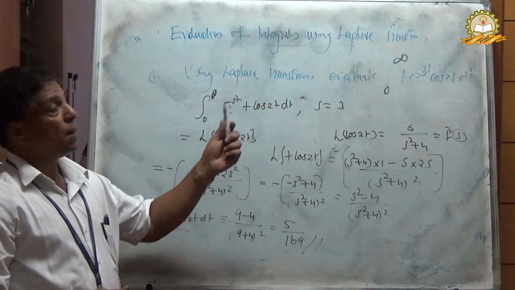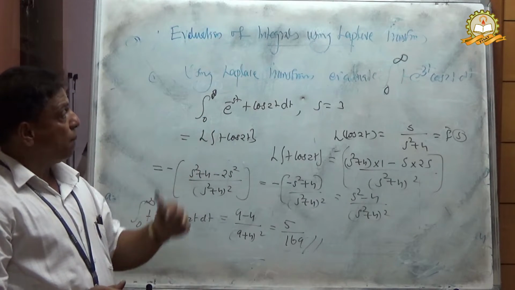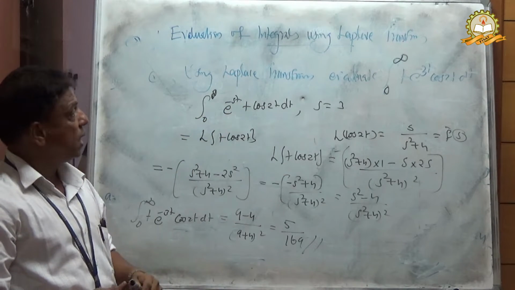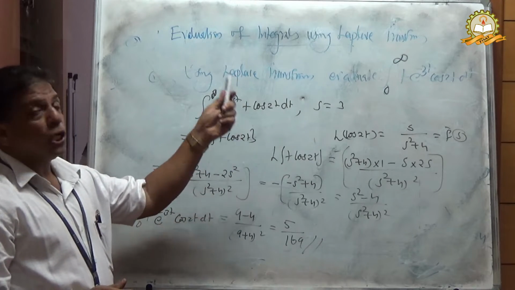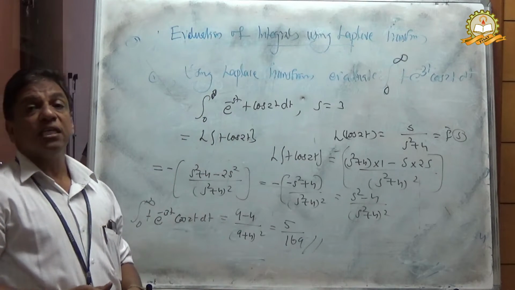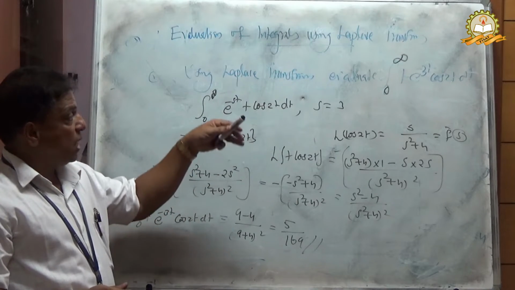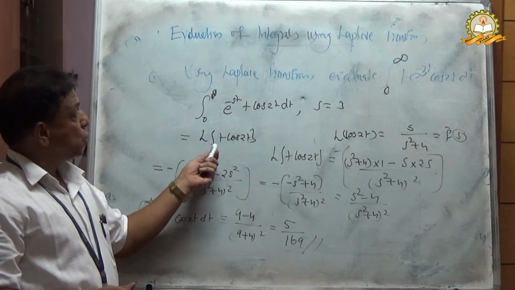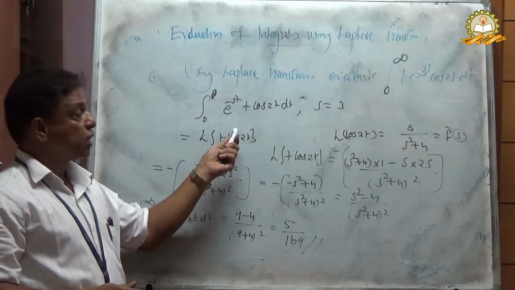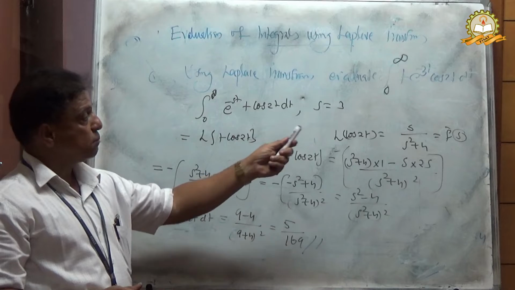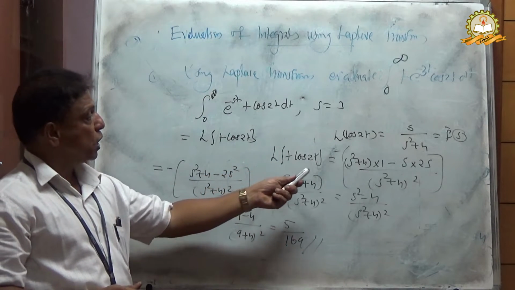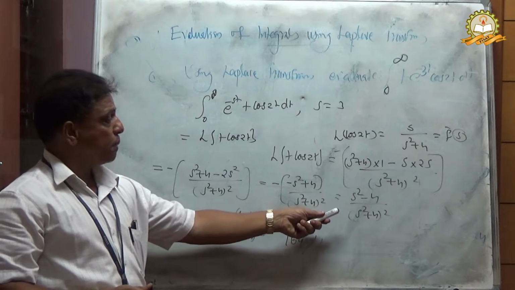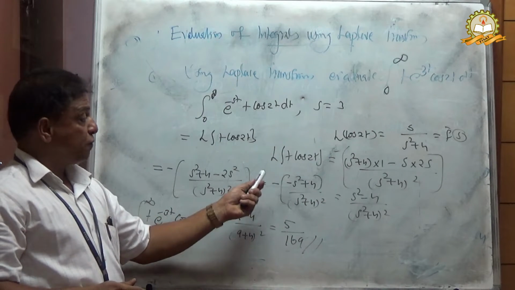We use the Laplace transform technique. From the standard definition of the Laplace transform, the integral 0 to infinity t into e raised to minus 3t cos 2t, where we put s is equal to 3, can be written as L of t cos 2t. For L of t cos 2t, we can use the property of multiplication by t raised to n. Therefore, L of cos 2t is equal to s by s square plus 4. Applying the quotient rule, we get s square minus 4 by s square plus 4 whole square after multiplying by minus.